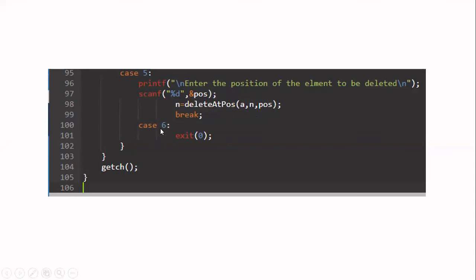Okay. Now, finally, I am writing case 6. Actually, there is some indentation problem. You can write this straight after this case. In case 6, what we want to do is exit. Exit means we will not continue with the remaining part of the program. So I have given exit. Now, in line number 104, I have given getch. But when you run the program, you will get a warning that getch is not reachable. It is non-reachable code. So please comment this out and run your program.